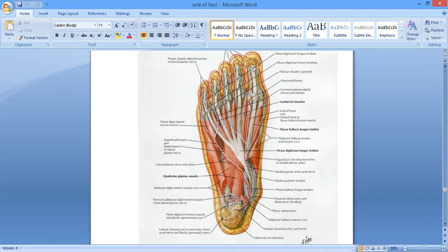मैंने आपको बताया था ना बच्चे जो longest muscles होते हैं वो कहाँ पे जाके attach होते हैं? To the bases of the distal phalanges. ठीक है? तो ये hallucis longus है तो यहाँ जाके attach होगा base of the distal phalanx of the big toe. Clear जी? So we have finished with the second layer of the sole of the foot. We have talked about the quadratus plantae muscle, the lumbrical muscles, and then these two tendons, the flexor digitorum longus and the flexor hallucis longus. Everything is clear, ji? Okay. So can we move forward?